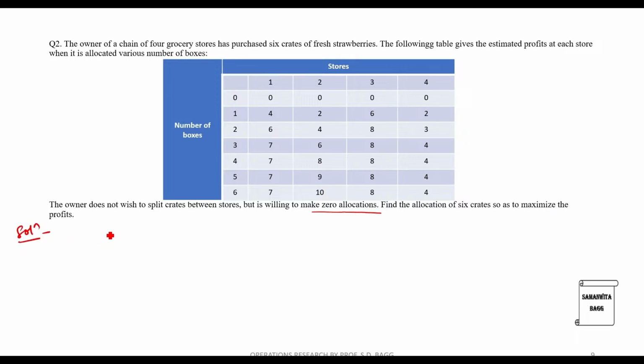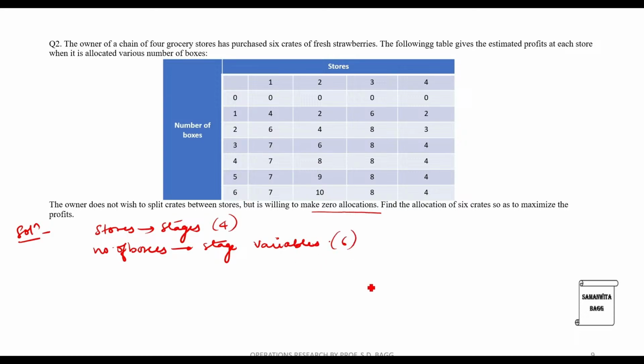Now the first thing that you need to understand is the stores that is given over here. It is representing the stages and number of boxes are indicating the stage variables. So there are actually total 4 stages and 6 stage variables, as you can see. So I will write down let x1, x2, x3 and x4 be the number of crates allotted to the 4 stores,